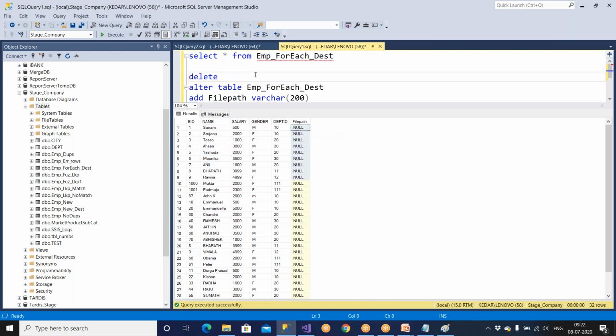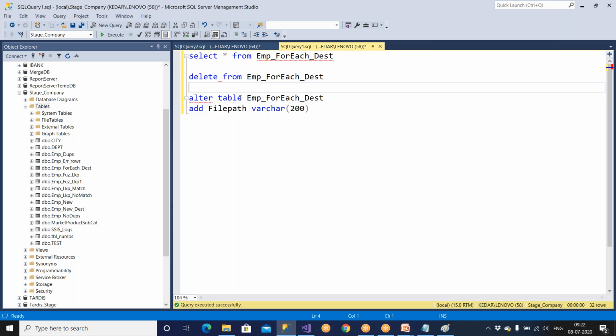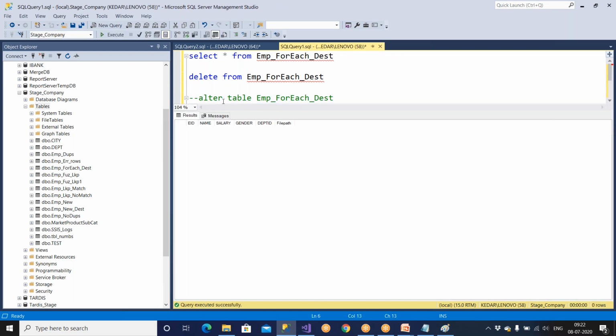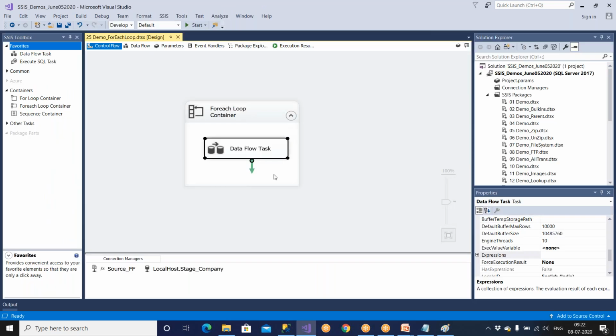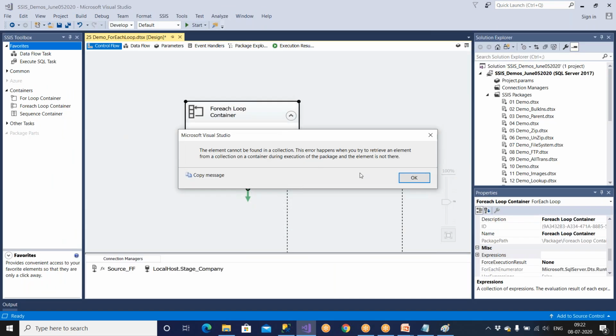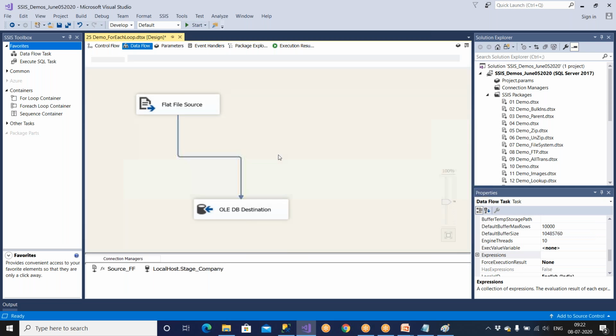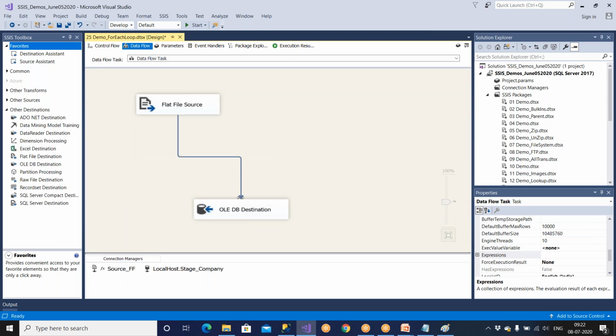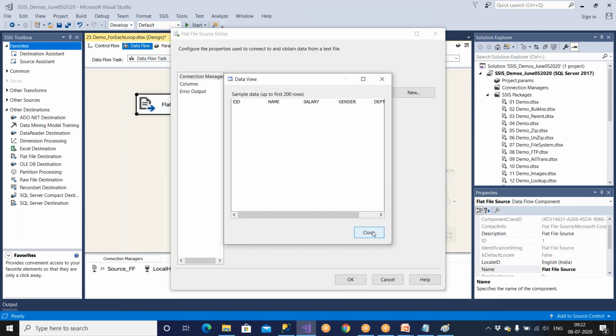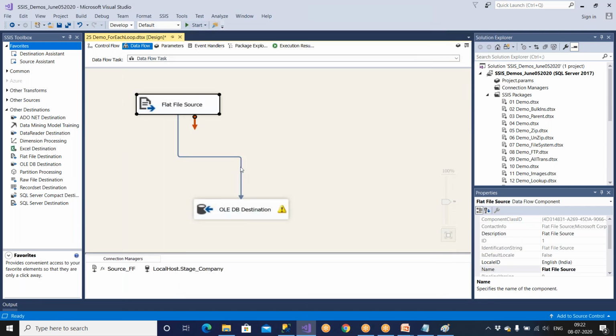So let me say delete from the table name. Clear? So this is what I would like to comment. Now delete all the data. There is no data here. I would like to get the path, but how do you get it? So sorry. When you go here, I would like to get the path, not from the source. Source doesn't have any path there. I wanted to have the path